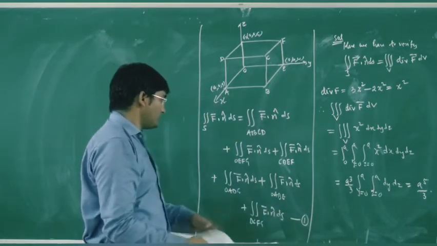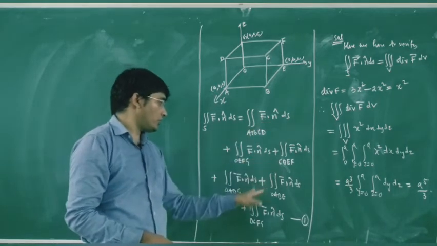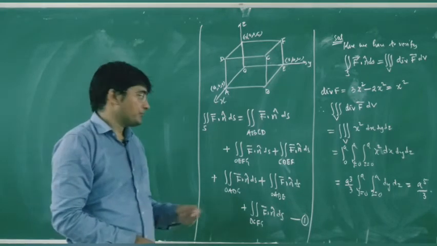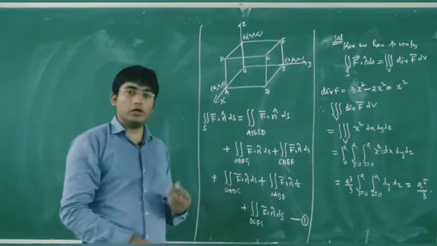Now we have these 6 integrals, 1, 2, 3, 4, 5, 6. Let us evaluate these 6 integrals one by one, and this sum should be equal to a power 5